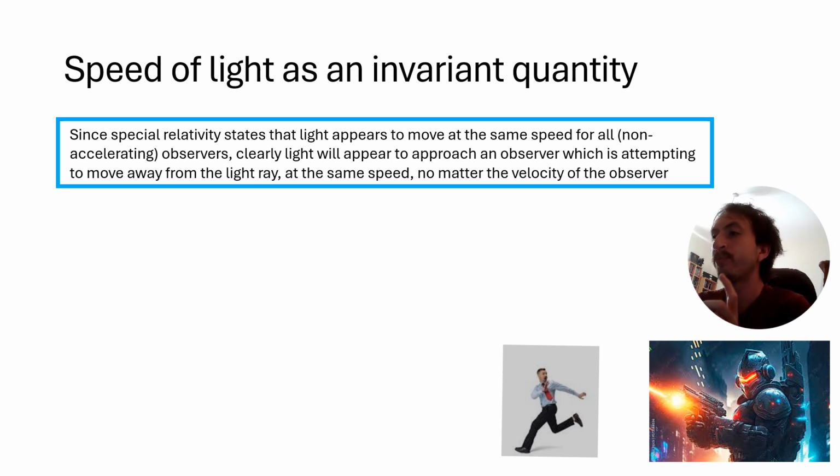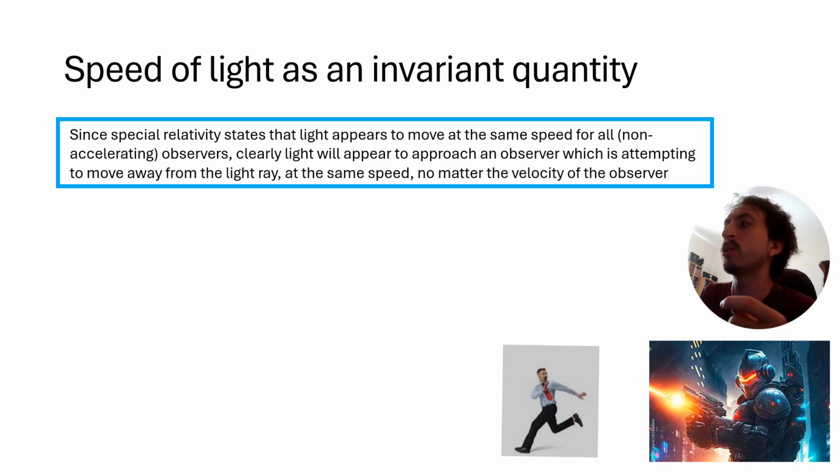And we can consider the speed of light from the person's perspective, the human's perspective, and also from the alien's perspective, who is kind of the one holding the laser gun. Well, our intuition, which turns out to be wrong, would say that even if it may not be possible for the human to outrun the light beam, if they are running away from the light beam, then the light beam should seem to approach them